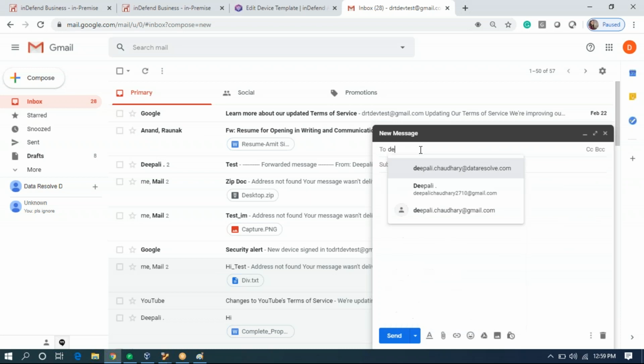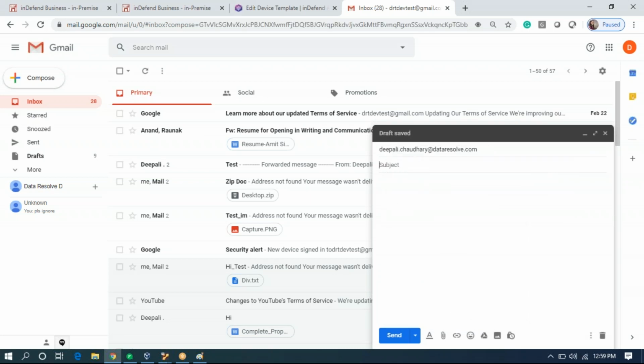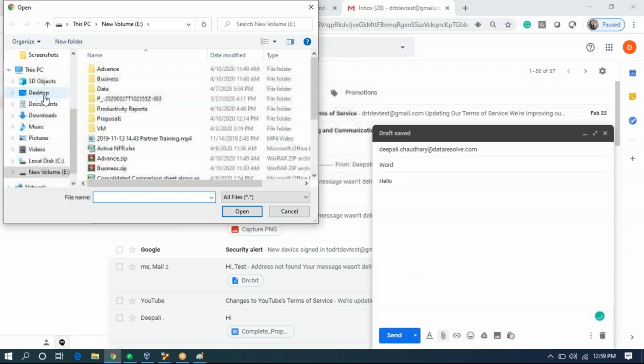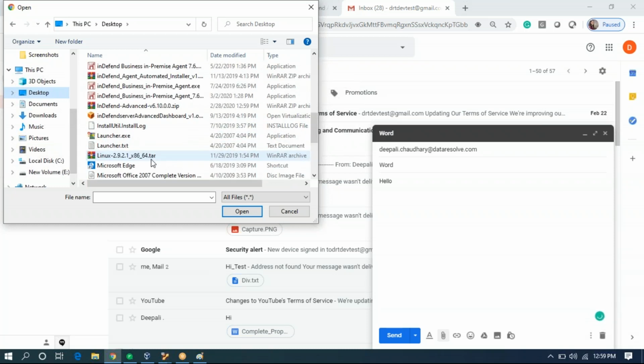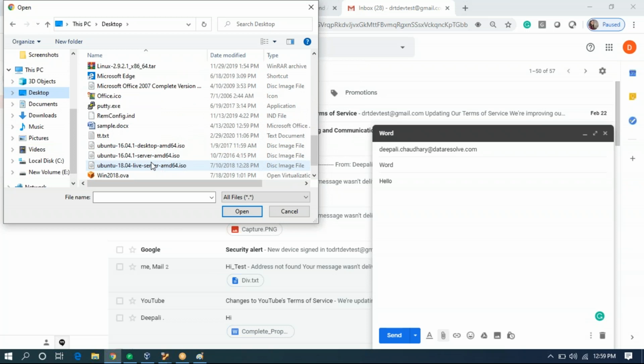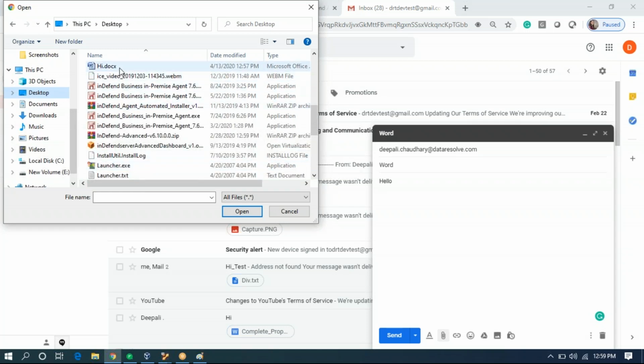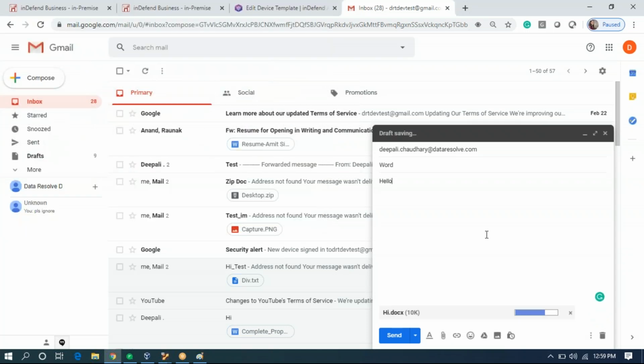So we'll send a test email. First we'll send the document with the sensitive keyword.